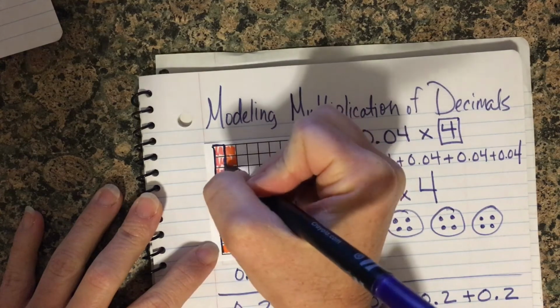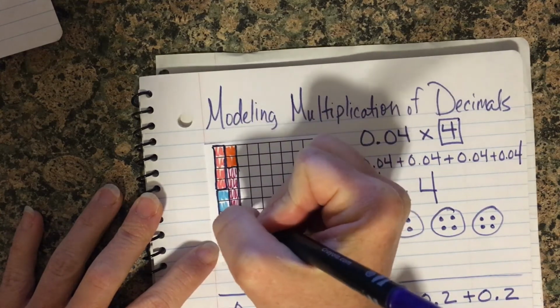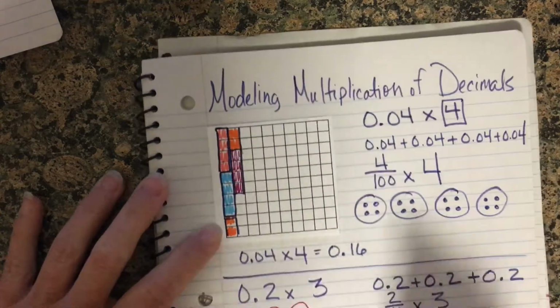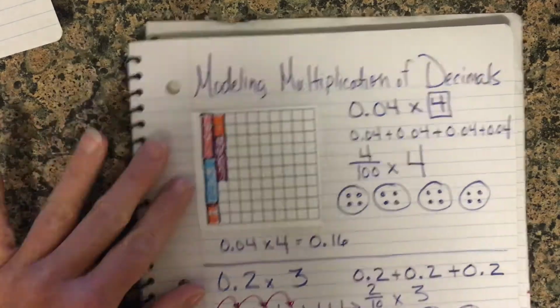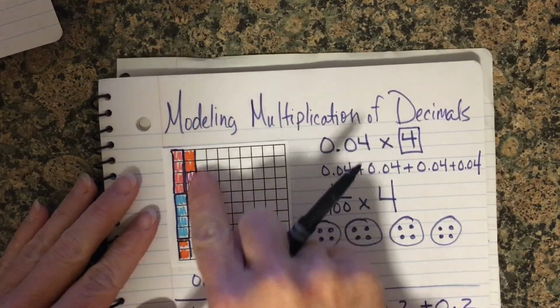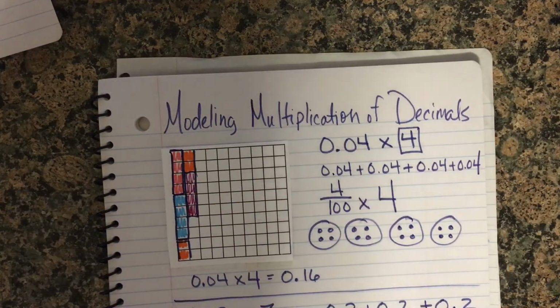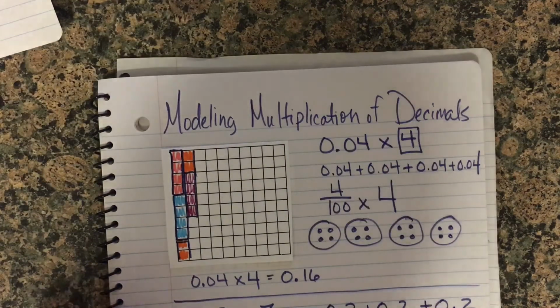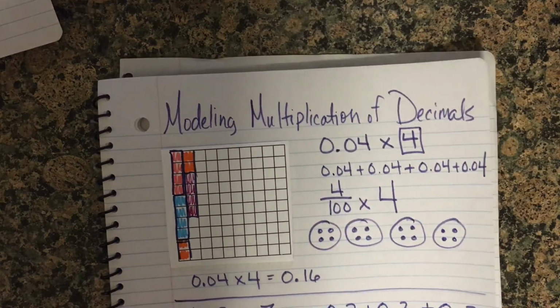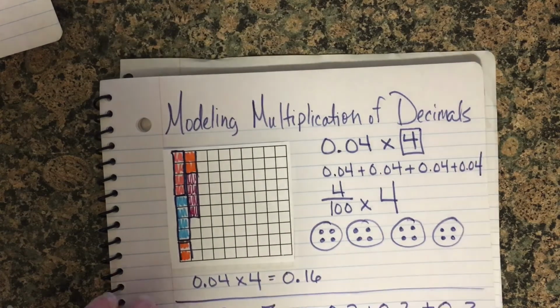But again, I think these are kind of confusing when they do it because there's not always an overlap. Just know that when you see small groups of hundredths multiple times, you're just modeling multiplication. Now, the kind of trickier one is when we do a decimal by a